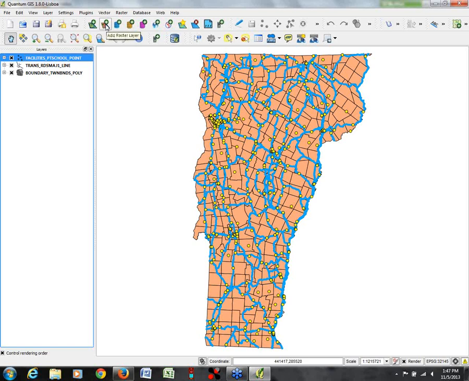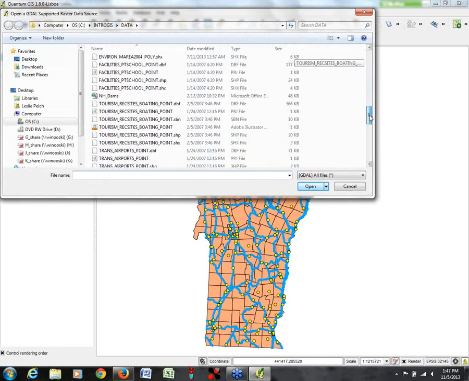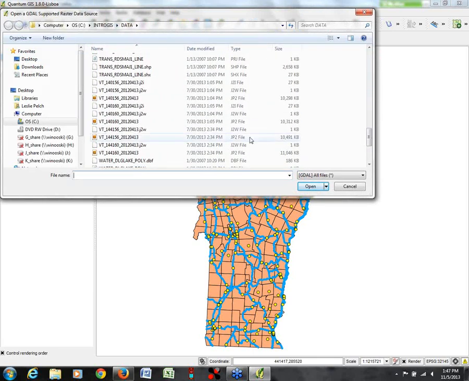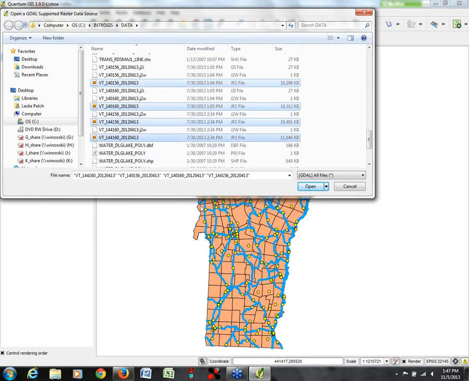All of those are decisions that we get to make as map makers. The other type of data that we can add, or that we're going to add today, is called raster data. And raster data just means that rather than being information that the software really has to interpret and draw, it's really just a picture composed of pixels that also has the locational coordinate information as part of it as well. So let me just highlight these 4 orthophotos. So these are aerial photos,